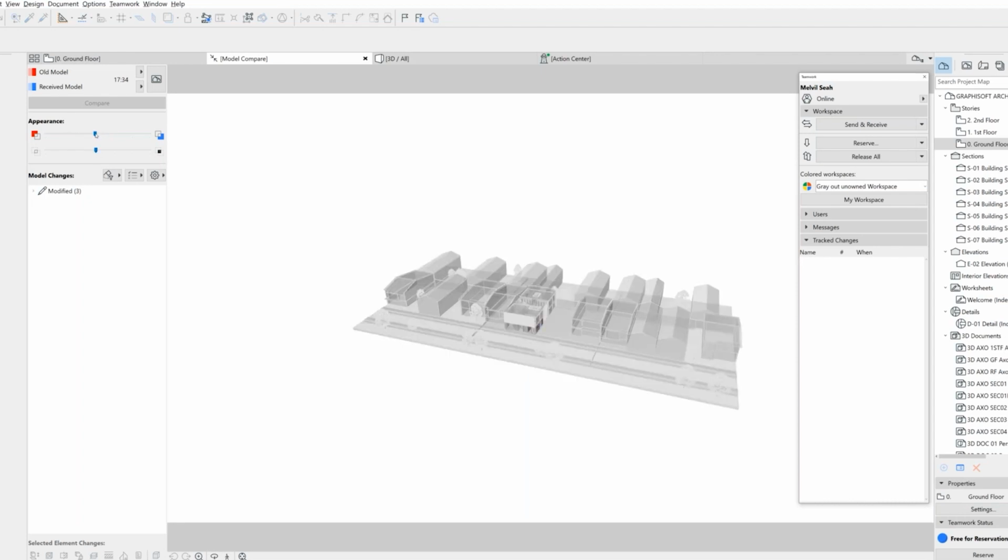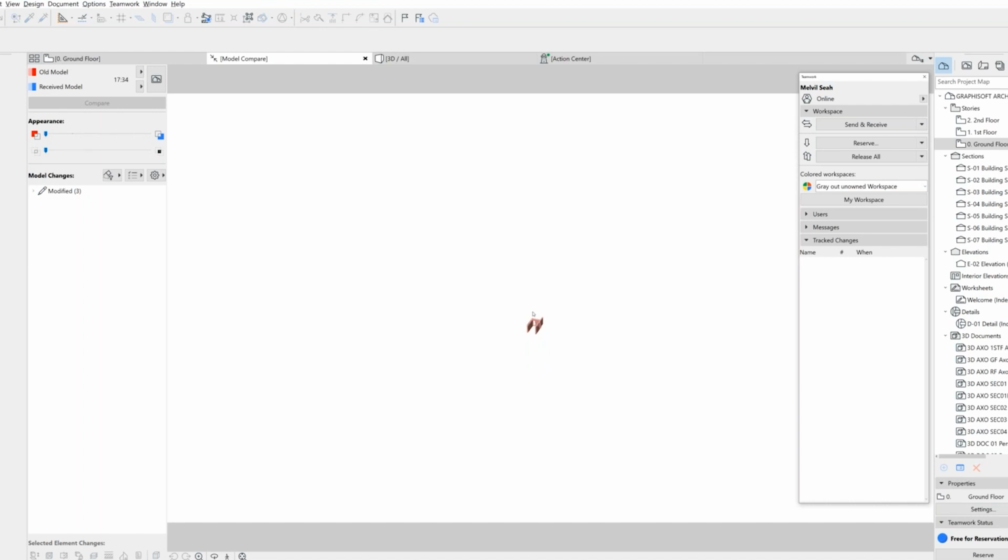For the top, if I move to the left, it makes the elements from the old model more visible, and to the right is the received model. I'll keep it here so we can see both the changes, the differences.